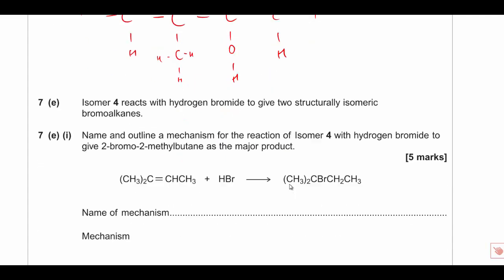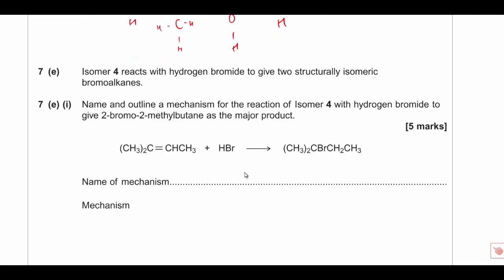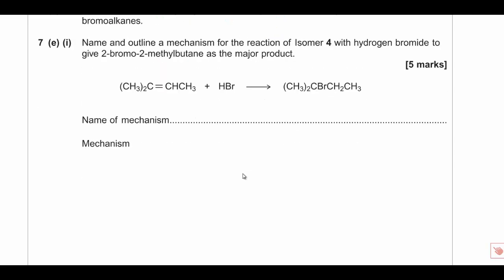Very, very important. Okay, isomer 4 reacts with hydrogen bromide to give, here we go, a bit of mechanisms, 2 structurally isomeric bromoalkanes. Name and outline a mechanism for the reaction of isomer 4 with hydrogen bromide to give 2-bromo-2-methylbutane as the major product. So bear in mind this is an electrophilic addition reaction. What we're making here is CH3, CH3,